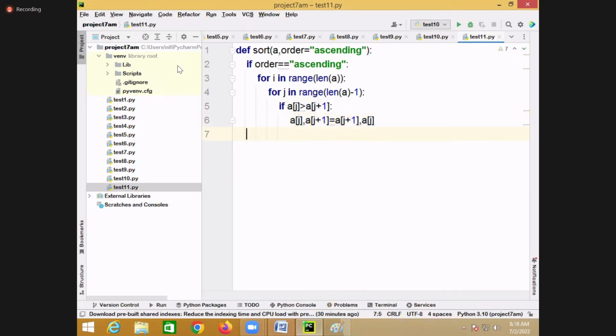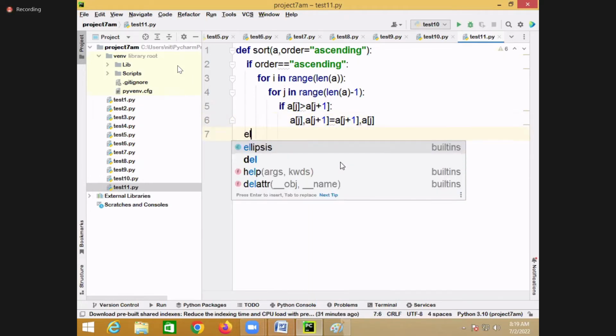This logic is for which order here? Ascending order. It means if the first element is greater than the second element, you interchange it. Then you compare the second element with the third element. If it is greater, you interchange it. Then you compare the third element with the fourth element. If it is greater, you interchange it. If it is not greater, don't interchange it. Else,